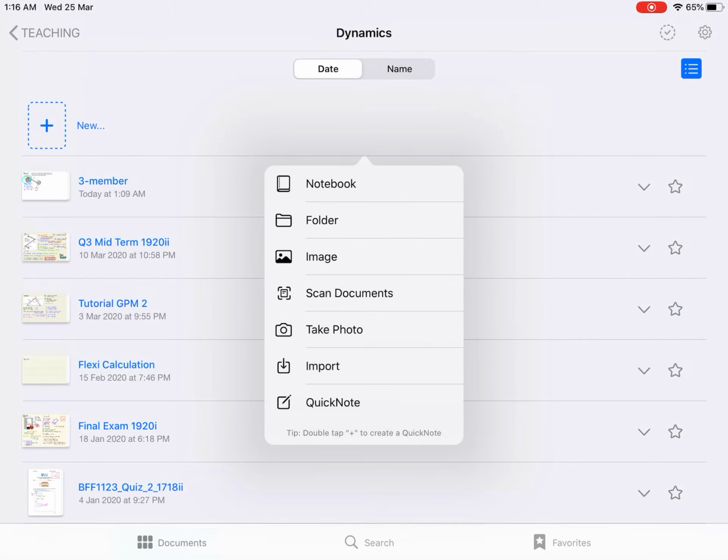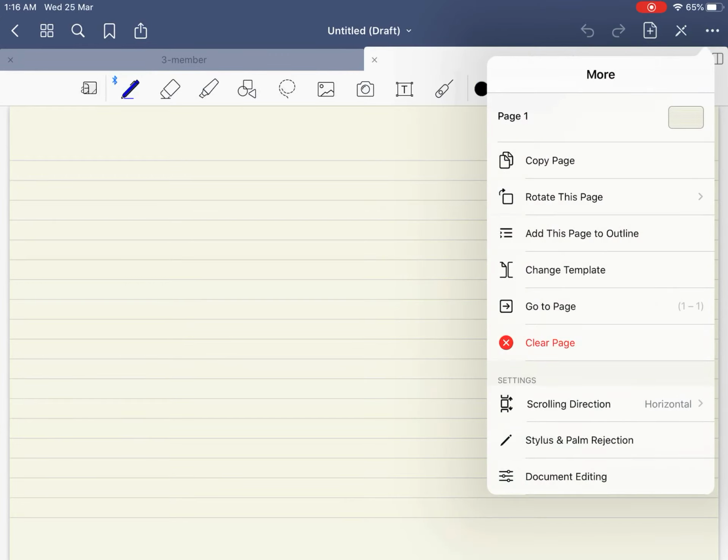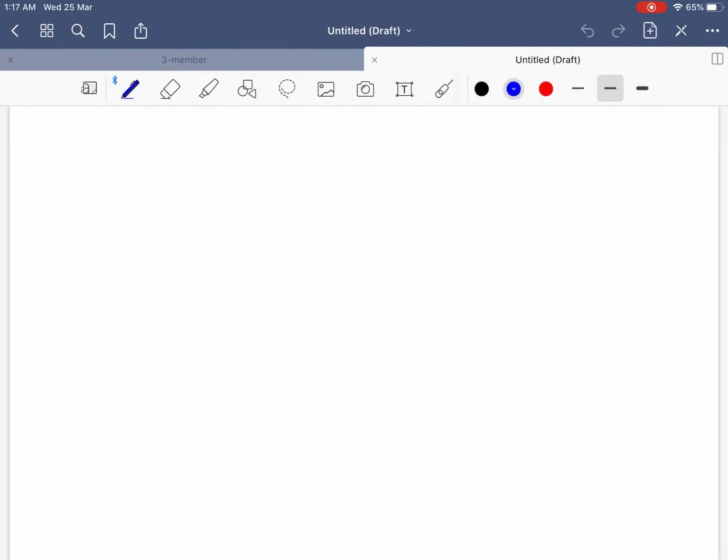So you want to choose quick note, the easiest, and here you can change the template of the page. So if you want a white paper and blank, you can choose it here, and then press apply. It will change to a blank white paper, and you can add the figure and use your Apple Pencil to